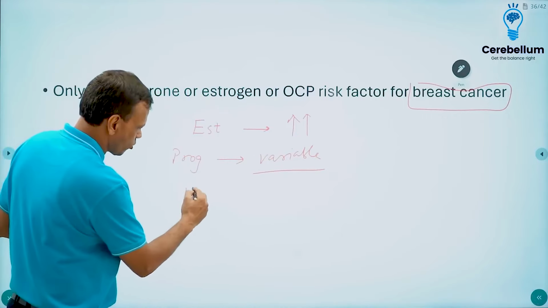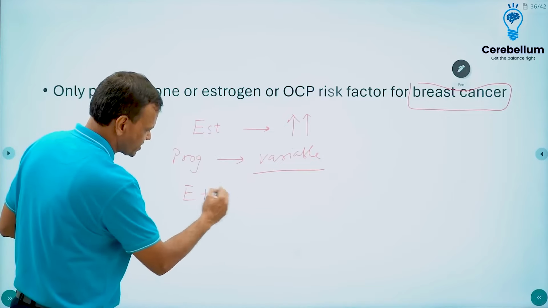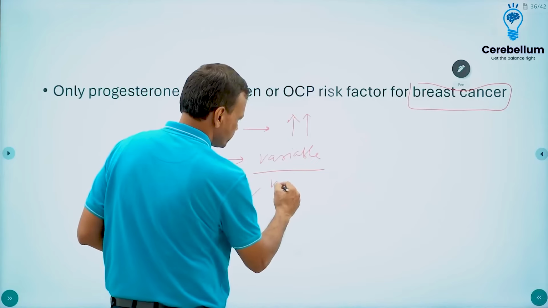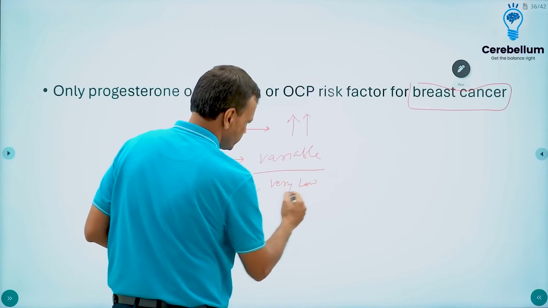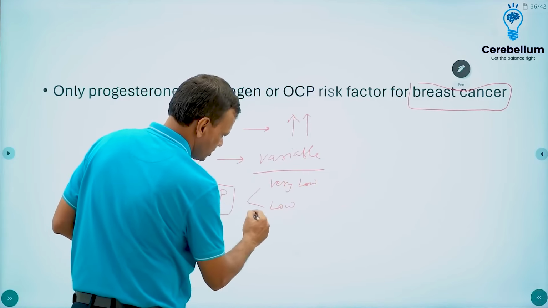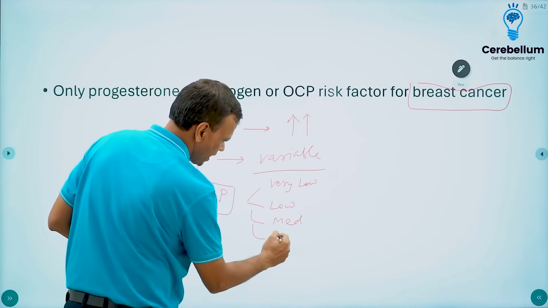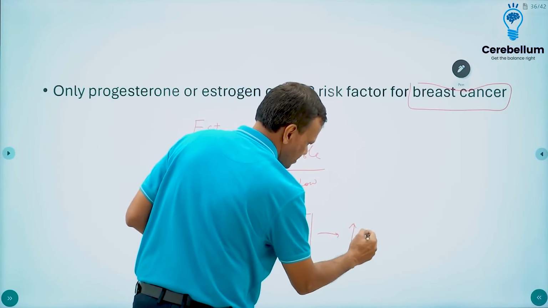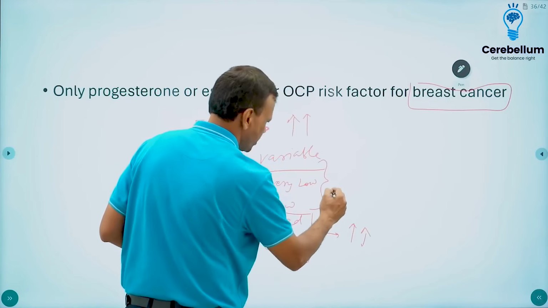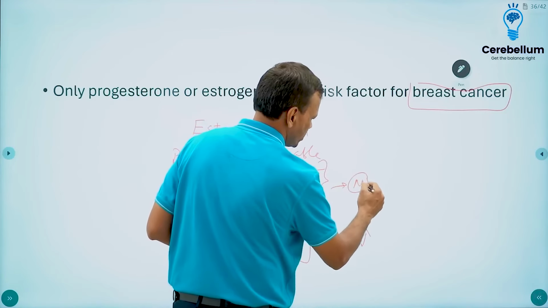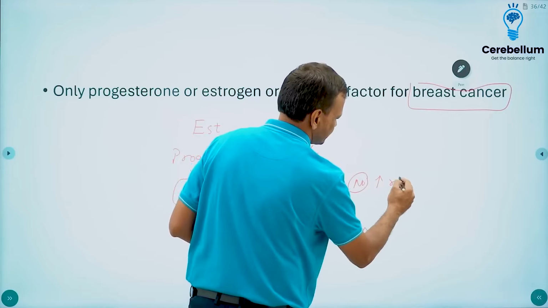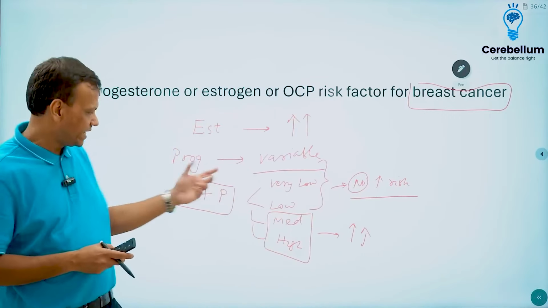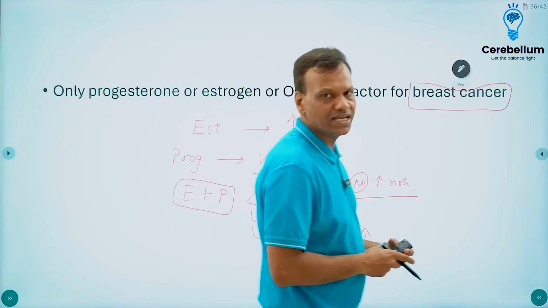Then third is oral contraceptive or combination of estrogen and progesterone. Now OCPs may be very low dose, there may be low dose estrogen, there may be medium dose, there may be high dose. Remember, medium and high dose estrogen containing OCPs increase the risk of breast cancer, whereas low and very low dose have no increase in risk. So remember, medium and high dose estrogen containing oral contraceptive pills increase the risk of